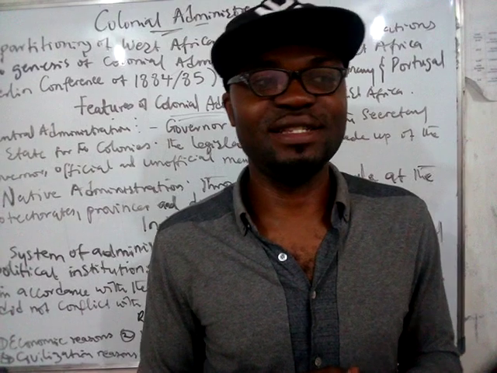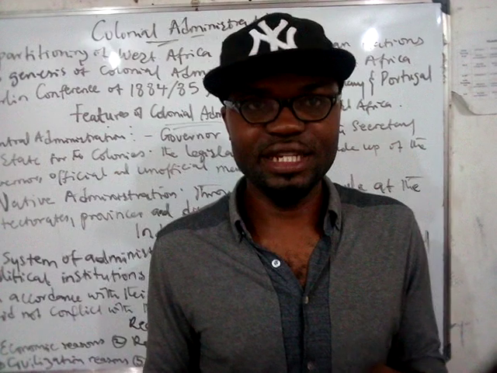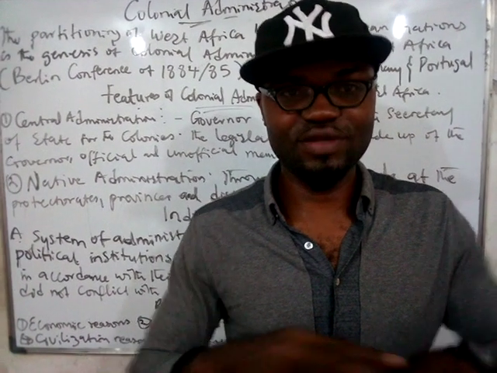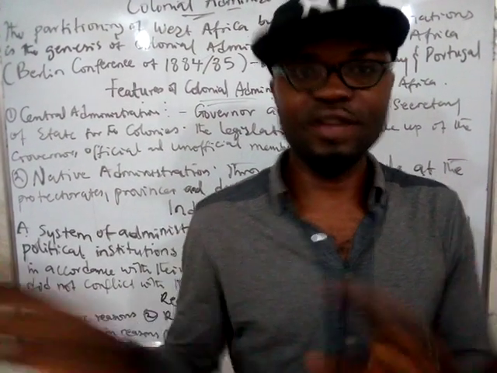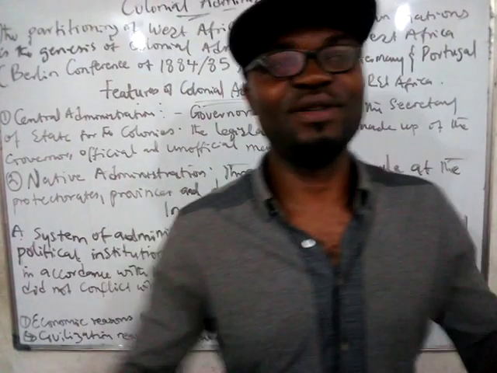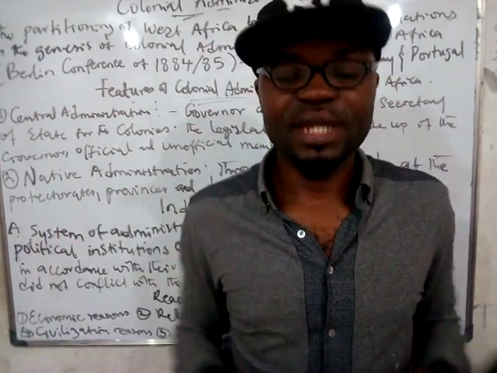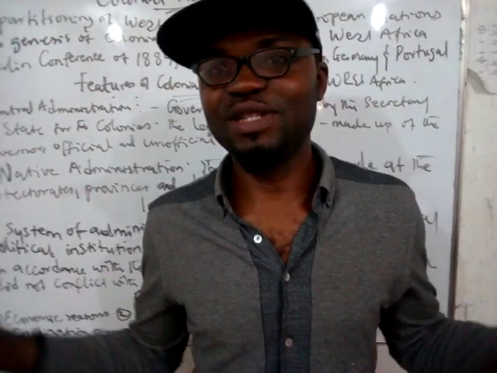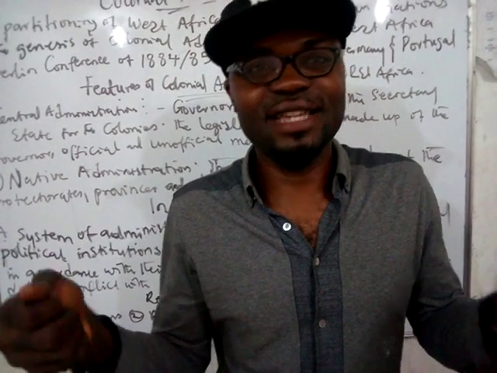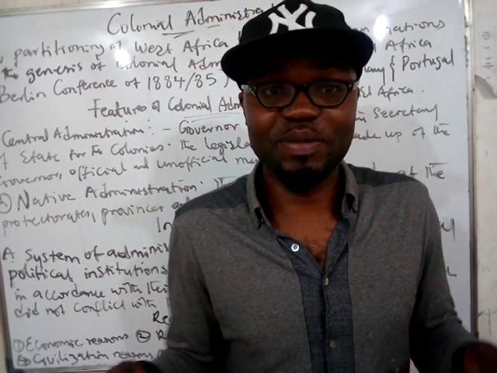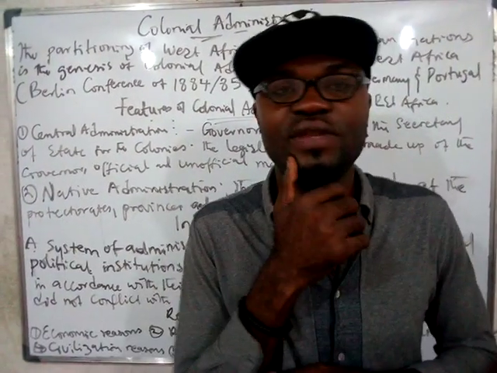So indirect rule is a system of government where the colonial masters administer leadership or governance to the masses in their colonies through their existing traditional government structure. Like if you had an Oba that was in charge, when they came in, they left the Oba, they took some powers from him and still allowed him to be in charge. They went to the Emir, took some powers from him, like powers on how to get the taxes, get the money and resources, and manage the resources of the people. Then they left other administrative work with them and worked hand in hand with them.